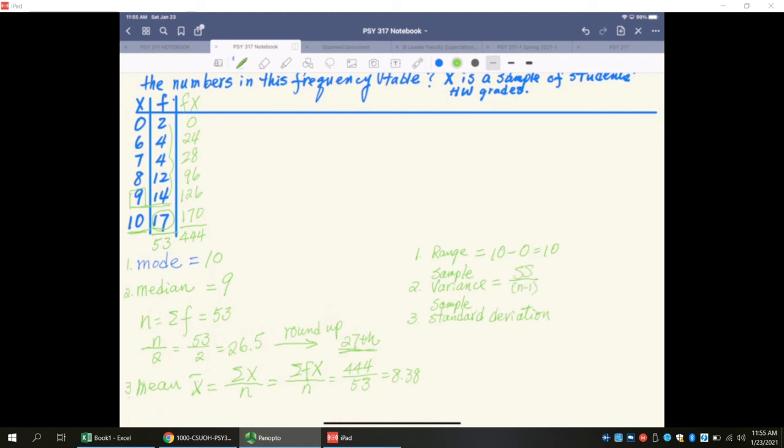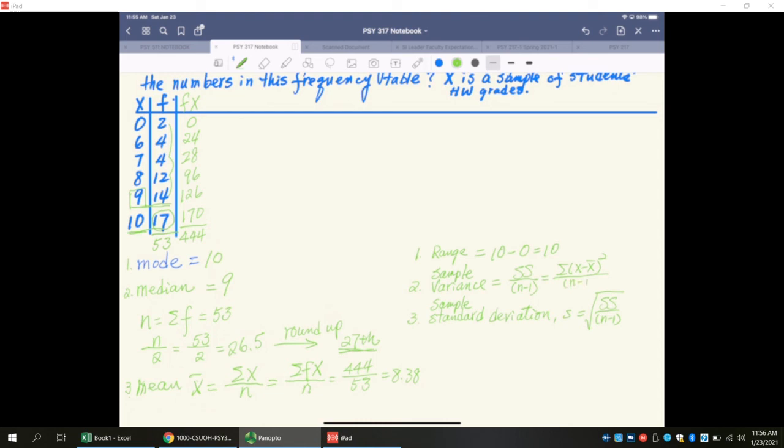And sample standard deviation, we call it lowercase s, equals the square root of variance, the square root of sum of squares divided by n minus 1. Okay, and sum of squares is